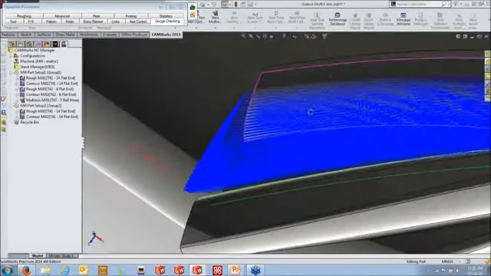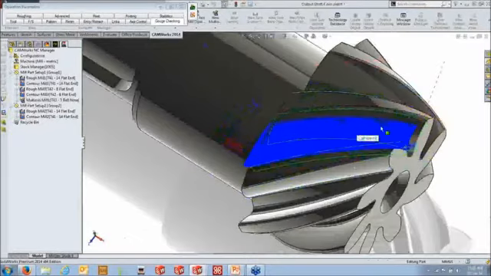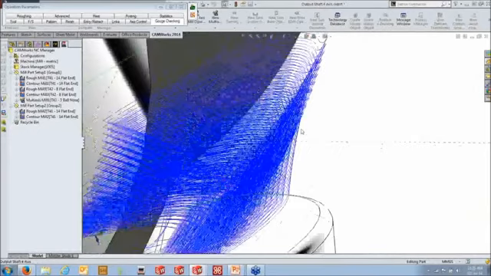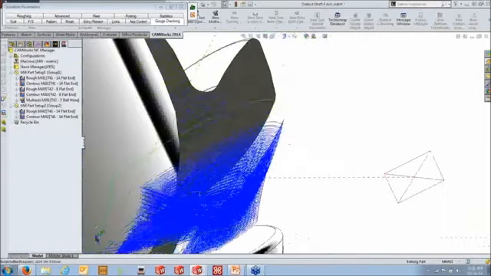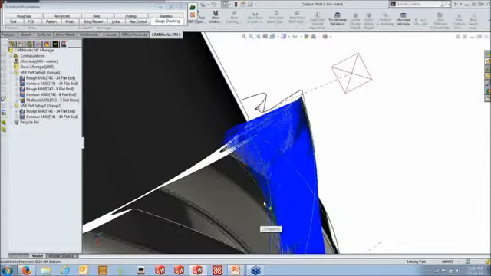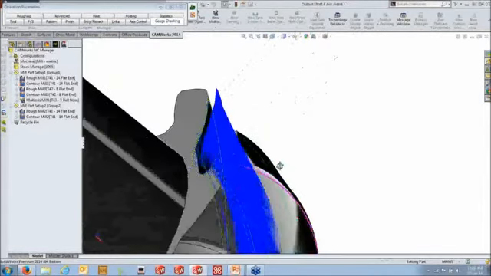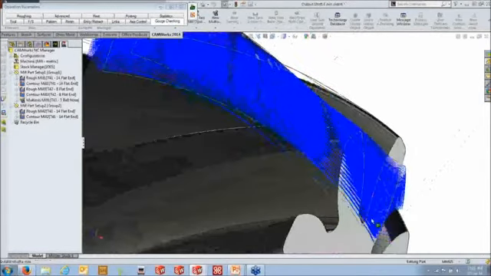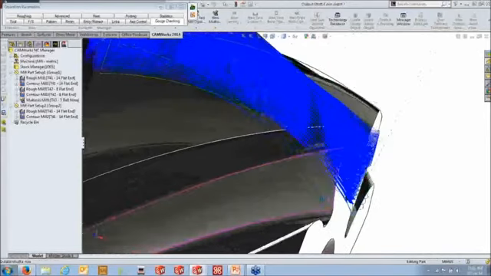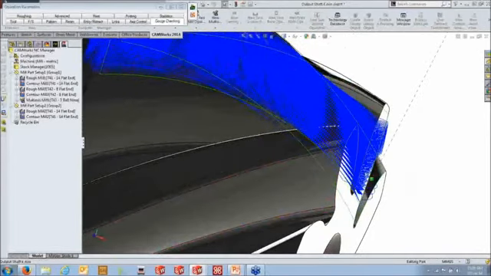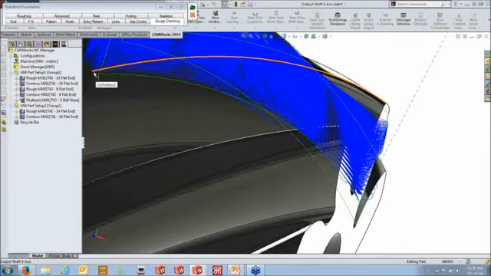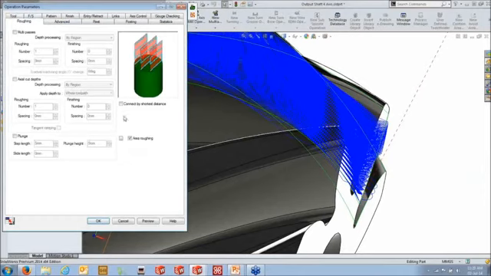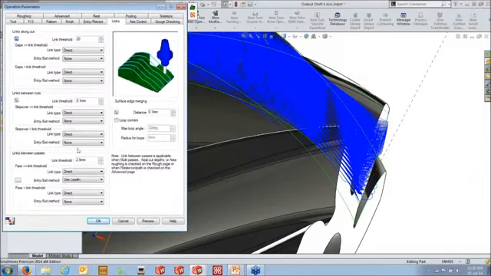Now, one of the things that we might be concerned about is, well, how does it link between the different passes? If we look, it's a bit difficult to see, but if we look down in here, you may see some links that are basically a direct pass. Looks like here, for instance, maybe from the end of this pass at this point all the way over down to here. As soon as you use any of these area roughing options, you'll actually get the ability to change